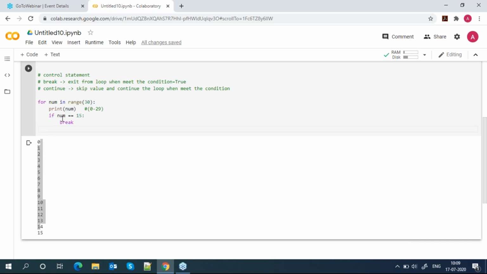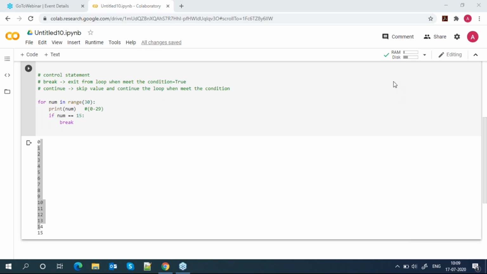Every time it checks whether my number is equal to 15. Whenever it gets that, it will print 15 first, then check num equal to 15. Yes, the condition is true, then it will go to the break statement. So the break statement will stop the loop and exit. Okay, got it everyone? How break is working?